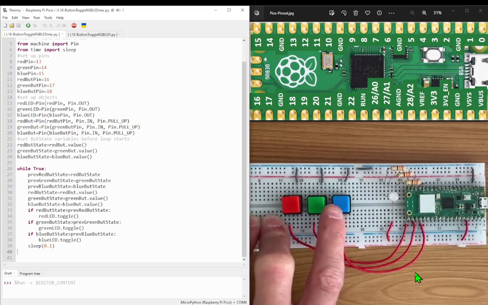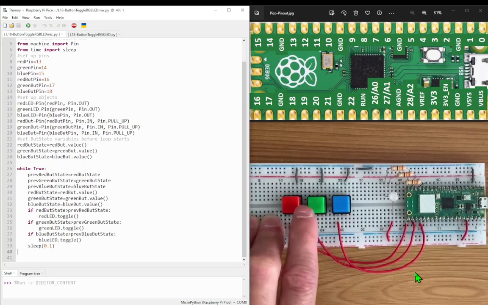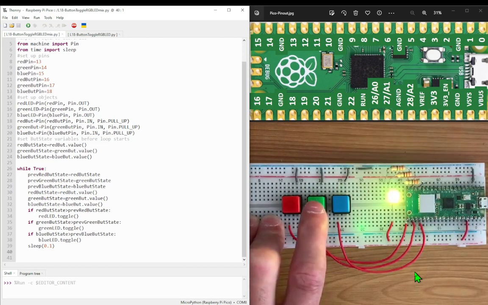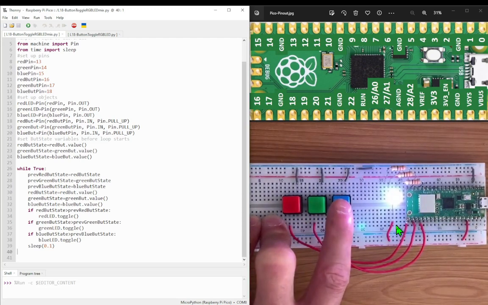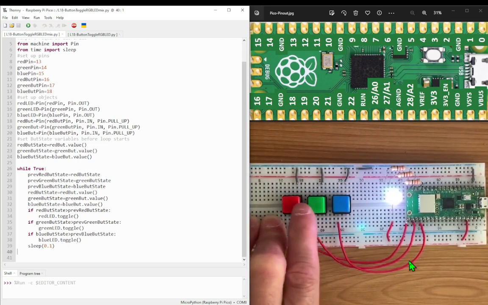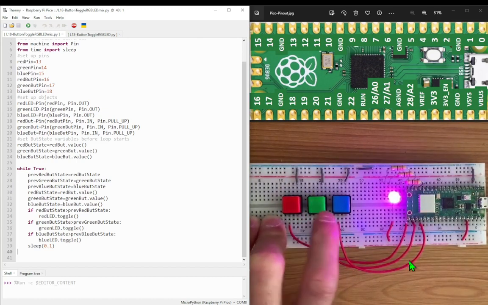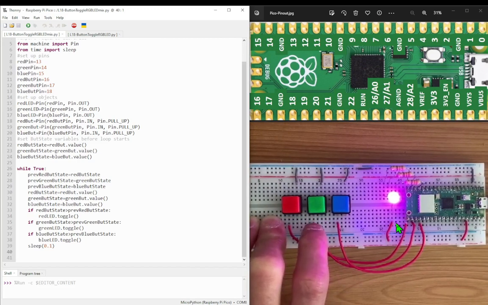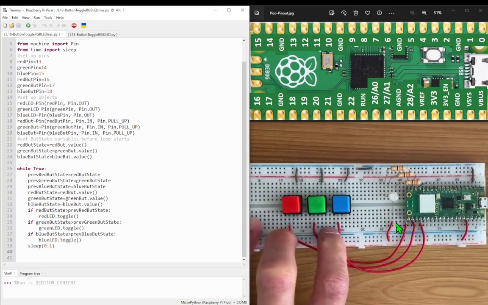Okay, now the only issue you have with this is if you press one button and then press another button, you're going to get a different colour, because we now have yellow because we have the red and the green on. Likewise, if we press the blue, we now have white. But the issue with this is we now don't know which buttons to press to get it off necessarily, because if we press the green, we've now ended up with magenta, but it's not obvious which button you need to press to get them off. Fortunately, I know that it's red and blue,